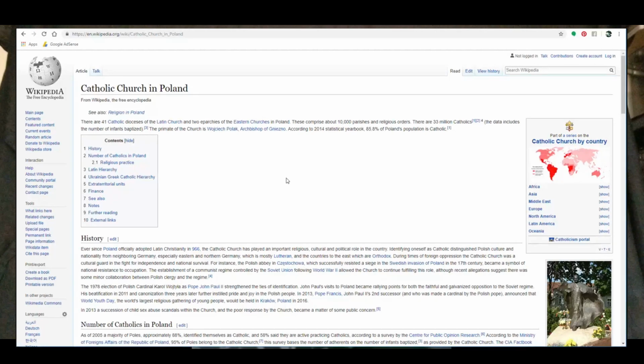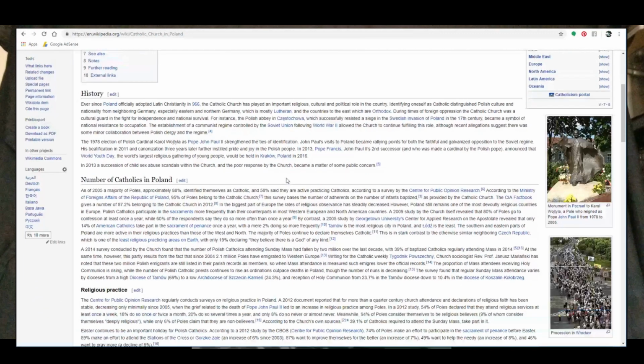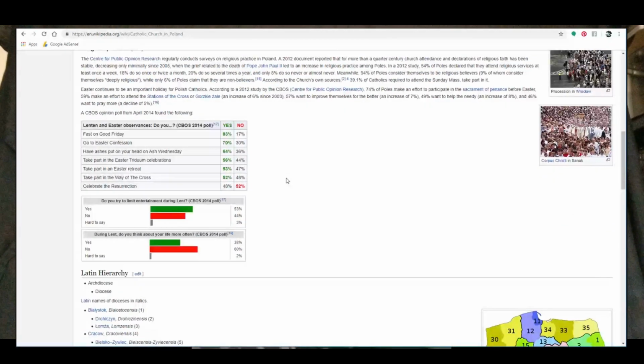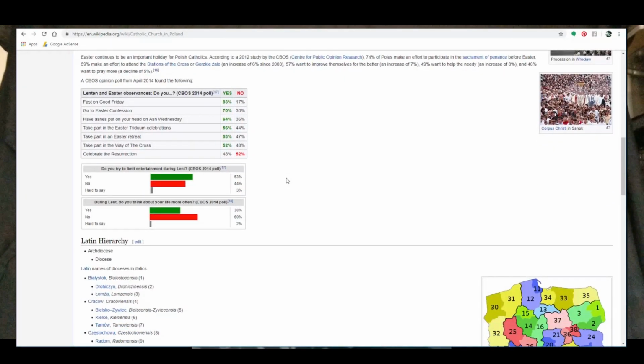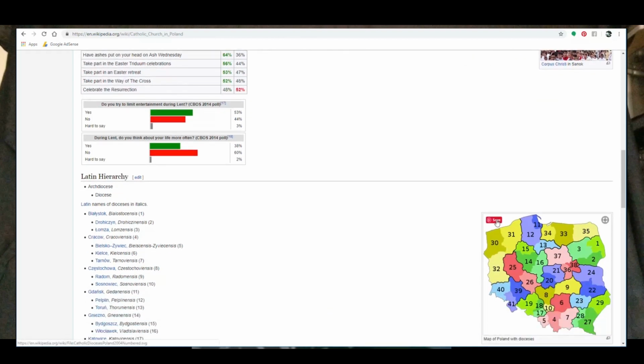Here is information regarding the Catholic Church in Poland, its influence over Poland. It gives a little bit of history, the number of Catholics in Poland, and things having to do with religion. So we were talking about conservatism, and we have this little chart over here. This has to do with the dossiers. But